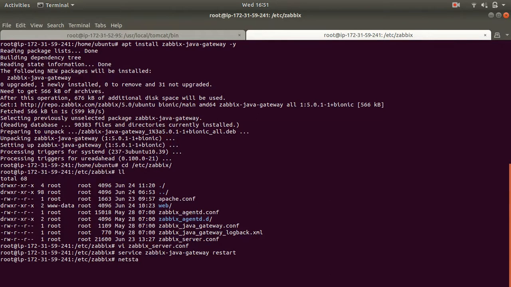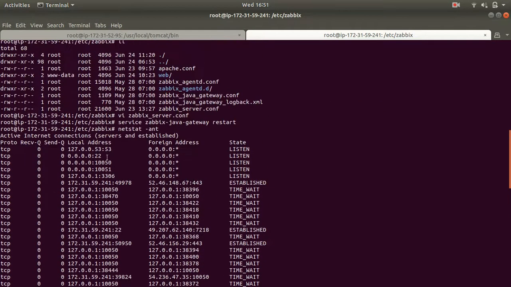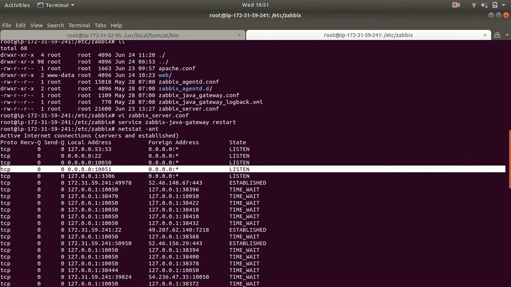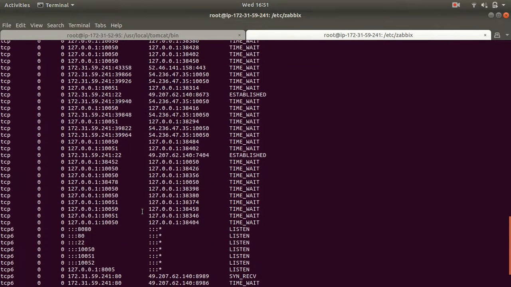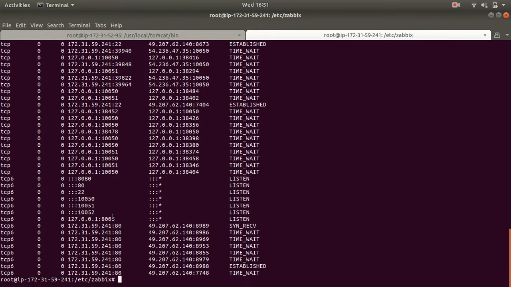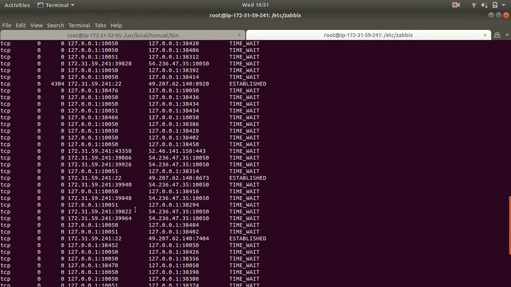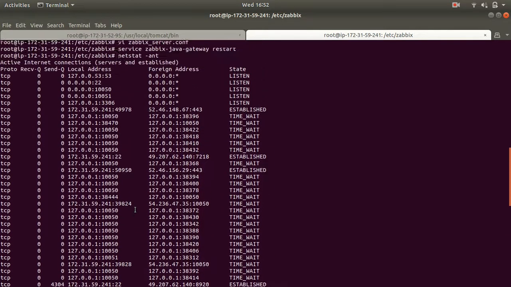Now make sure all the ports are opened and they are listening. There is my 10050, there is my 10051, and where is my 10052? There is my 10052, that's TCP 6.